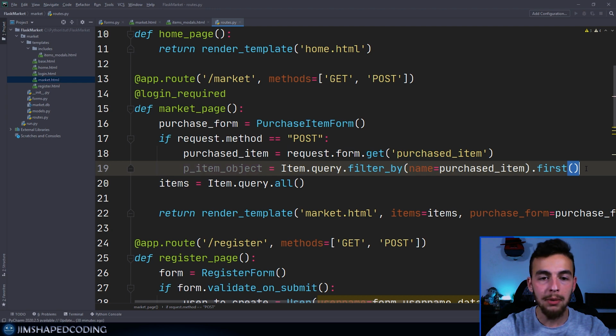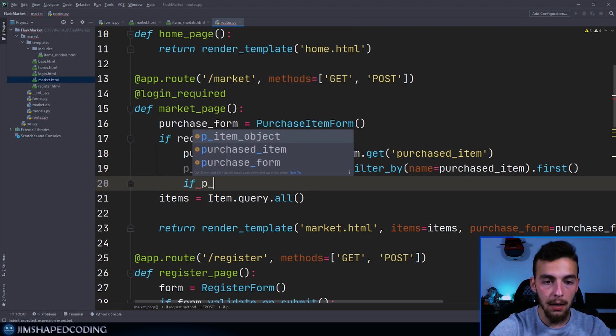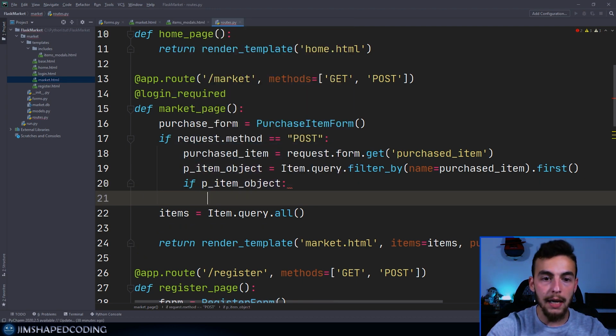Okay, so now that we have done this, it is a great idea to verify that this object is not None before we continue and take some more actions. So I'm going to say if p_item_object and then enter this conditional. And now once we have this p_item_object, we'd like to assign an ownership to the user that is currently logged in. Now we did not see this before, but we have a built-in object that is always going to